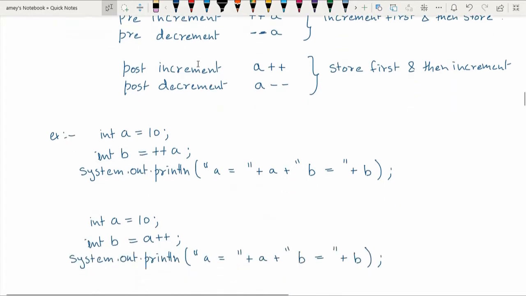The ++ is the increment operator and -- is the decrement operator. As opposed to this, whenever these operators are written after the variable name, they are called post-increment or post-decrement operators.